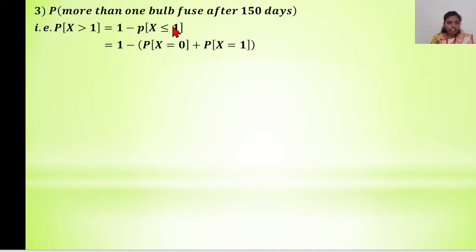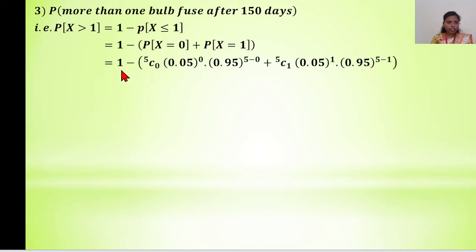Here x less than or equal to 1 means that we can take x equal to 1 and x equal to 0. Then the term is 1 minus the sum of probability of x equal to 0 plus probability of x equal to 1. That is equal to 1 minus, probability of x equal to 0 by using the formula of binomial distribution